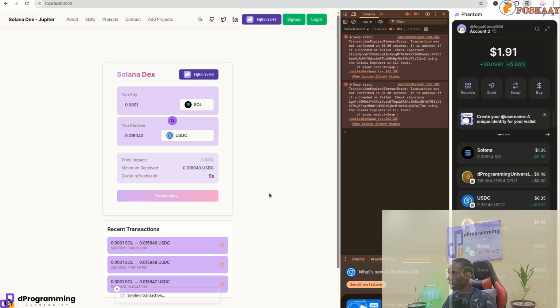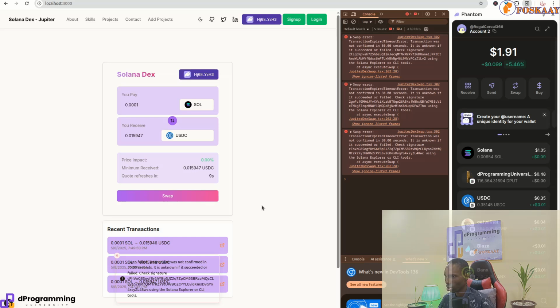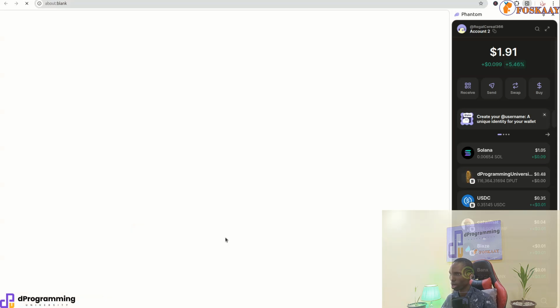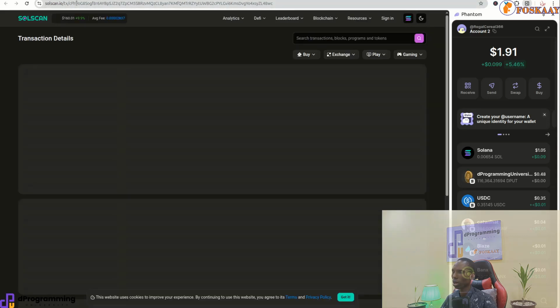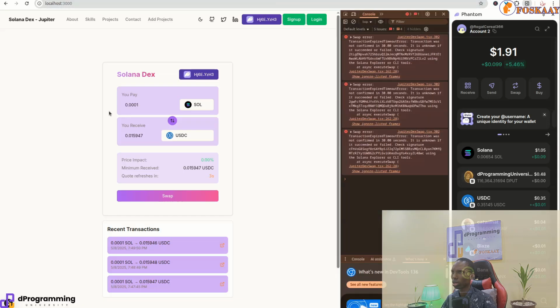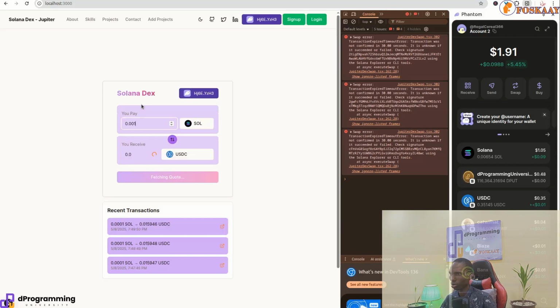So, but now we can see that the transaction is now, we have been able to fulfill those 3 stages of getting a quote, constructing a transaction, and then sending it to the blockchain. So that's what we are having now. So this is already set and done. It's just the transaction amount we are trying to